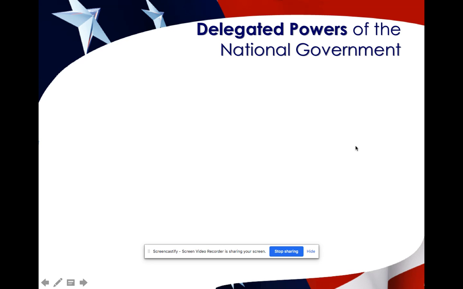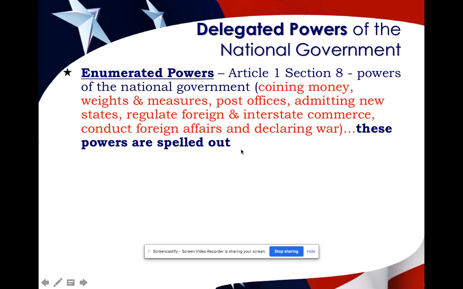So let's look at some of the powers that are delegated to the national government. You're going to have to do an exercise later with this. So we learn the enumerated powers in Article 1 are specifically spelled out. They're highlighted here in red. You could review it for a second on your own for some of these specific powers that the Constitution gives the federal government. You can reference this PowerPoint too when you have to fill out a worksheet associated with state, local, and federal